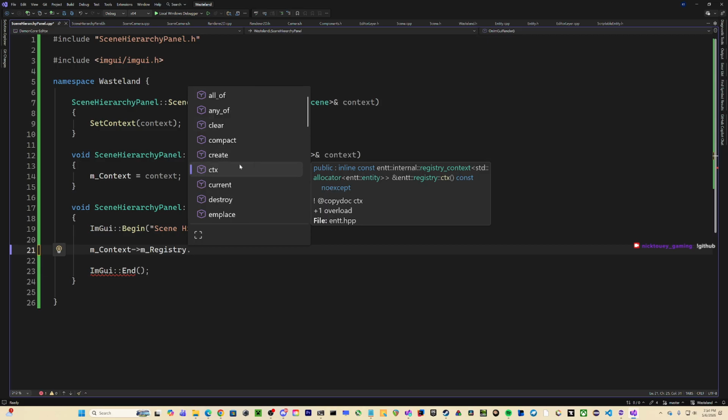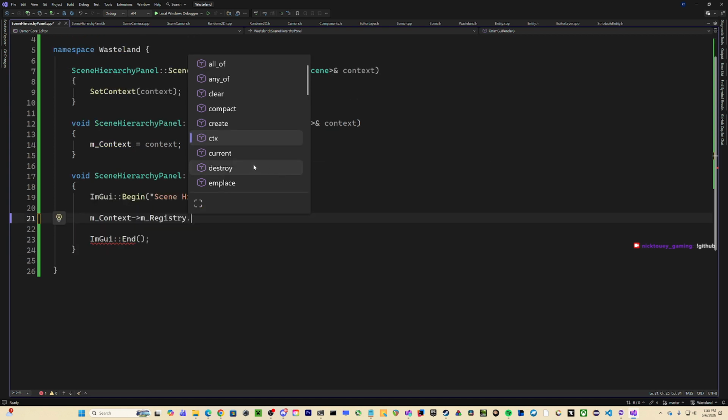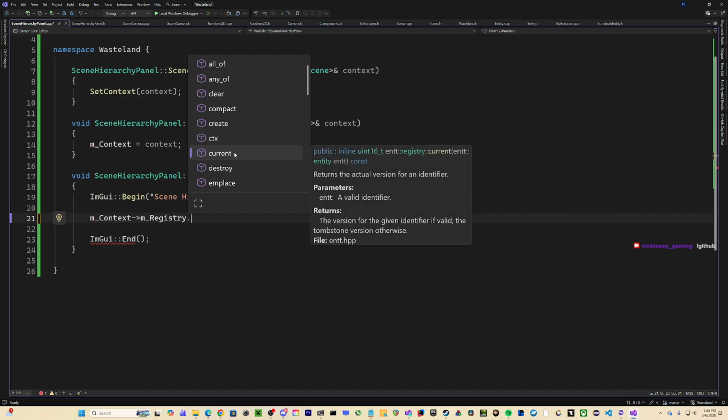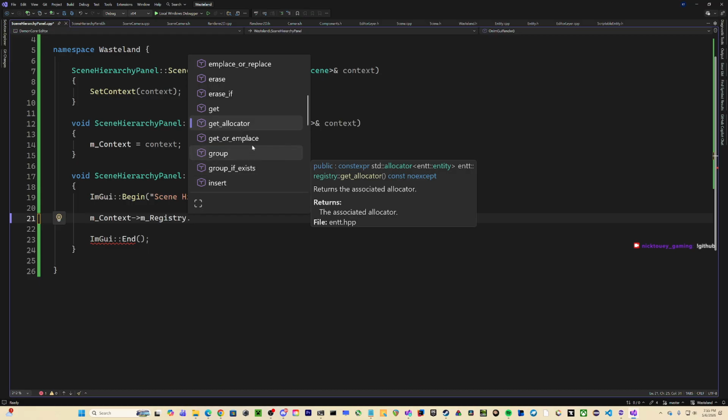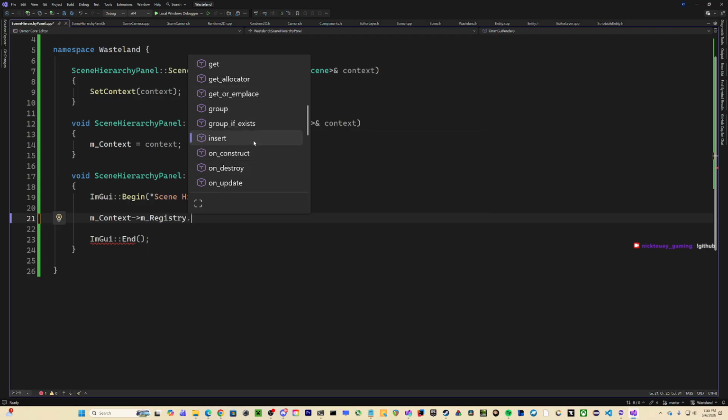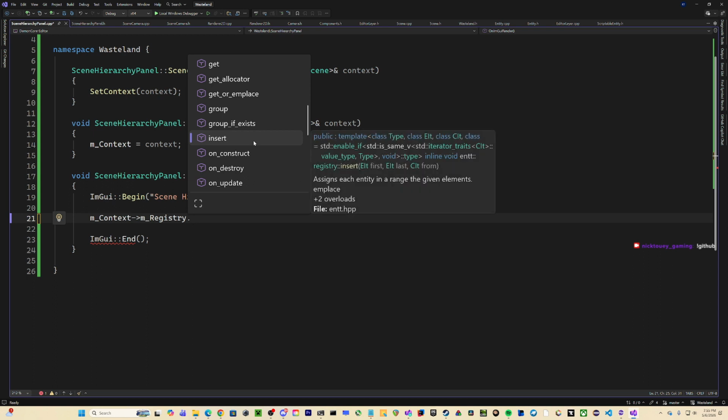No. Oh, that's context. Why am I current version for the given identifier? That's what it returns. Returns the actual version for an identifier. No. Get. No. Insert. What does that do? Not what I'm looking for.